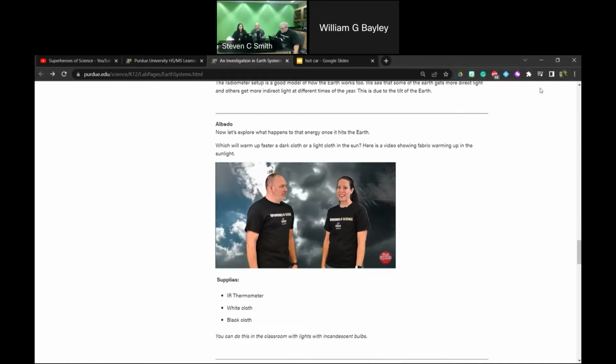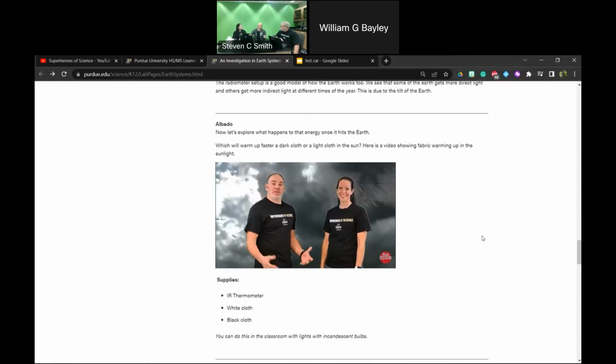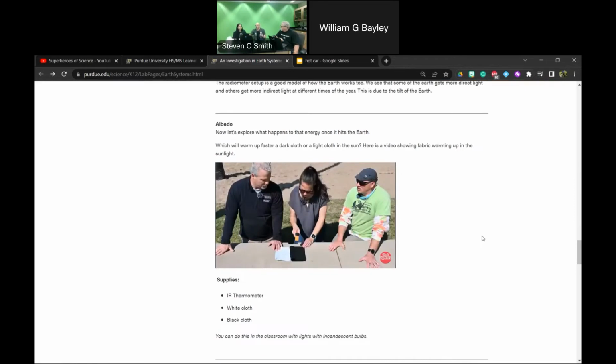It looks like a regular lamp. You could use a regular lamp or a heat lamp. It's just whatever bulb you put in it. I always use an incandescent. Grab my lamp right there. That's what I usually use. I've used desk lamps before with an incandescent bulb. I have my little plant light.